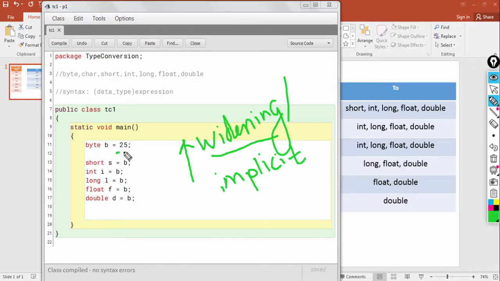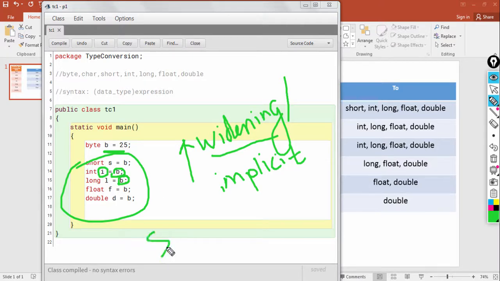Because you see that byte is smaller than all these data types, but when the byte is assigned to an integer, it becomes an integer. When it is assigned to a long, it becomes long. So its range is widening, isn't it? So it's upgrading. Therefore it's known as widening conversion, and because it happens automatically via the compiler, it's also known as implicit conversion, okay.